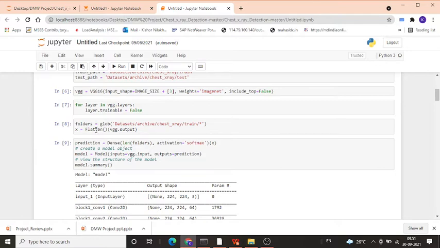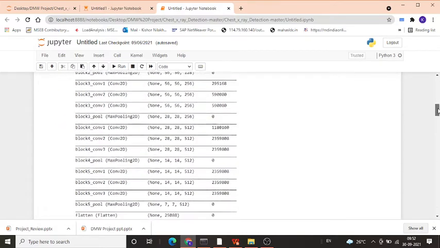And then after, this will provide the output into X, and during the prediction we are going to use Dense. This Dense is used to classify the images, and for that we have provided the folder where the training data set is present, and again the activation is used. The activation generates the particular output for a given set of input, and then here the model development process begins. For the model development, we have provided the input to the model, and similarly the output is also provided. Then after, model.summary will provide the summary of my model.